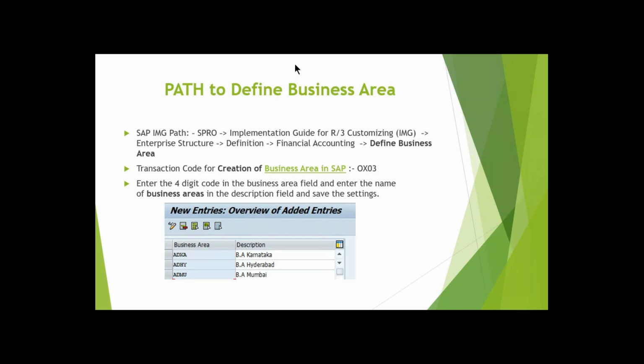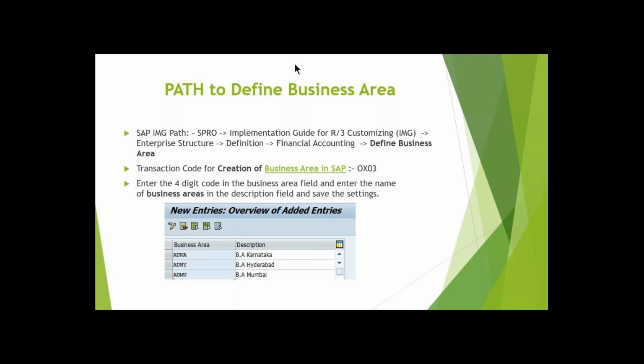So like this I can create different types of business areas. Whenever I do a transaction in Bangalore, I will represent it under the Bangalore business area code, and the financial statements of Bangalore will be stored under that business area code.